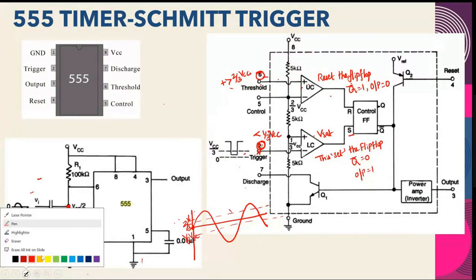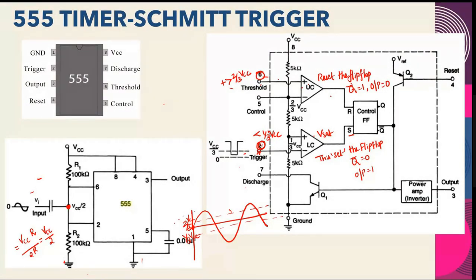I'll take another color. So the sinusoidal signal is starting from 0, and it's increasing. When the input signal is 0, 0 is given here, 0 is given here, and 0 is coming to the trigger pin. So with 0 here, what will be the output? Lower comparator output will be